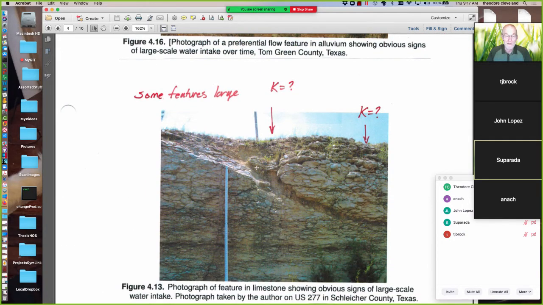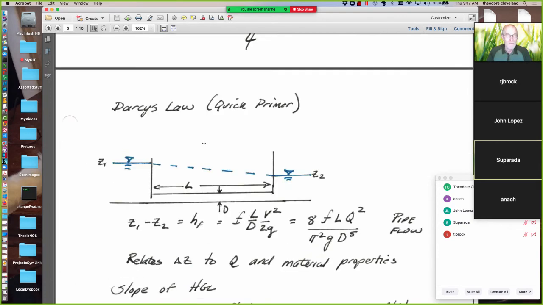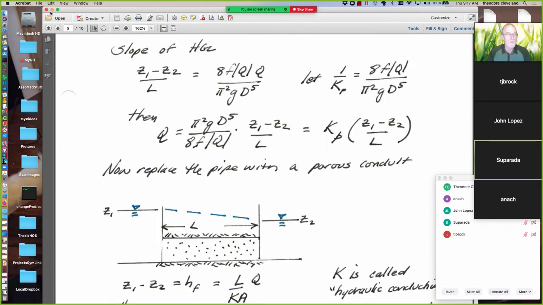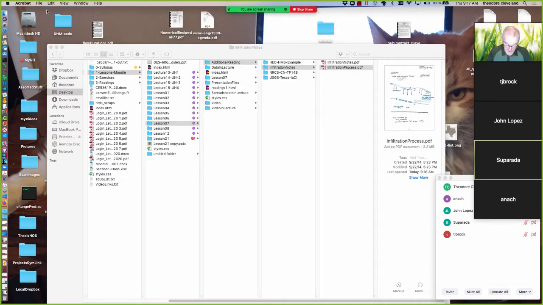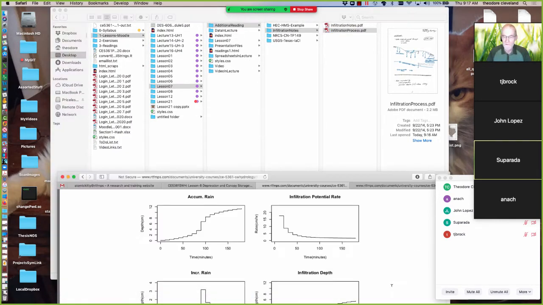And then here's a really big one. And so the question is, what's the hydraulic conductivity up here, over here, or right in this vicinity? I mean, you would think this is going to be huge because that's like a drain pipe. And that's all we needed on that. I just wanted to show those. So now the infiltration part, in my opinion, is complete enough to move forward with